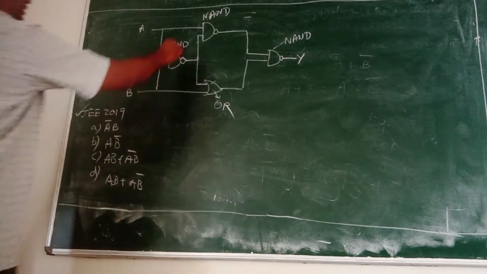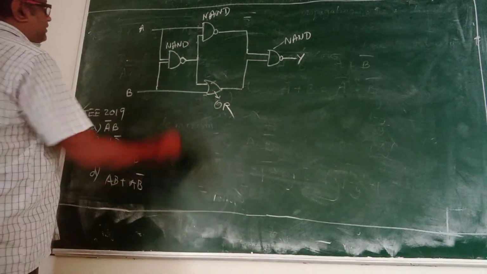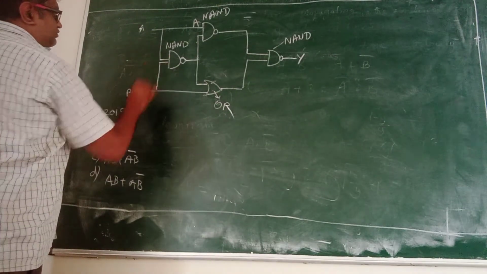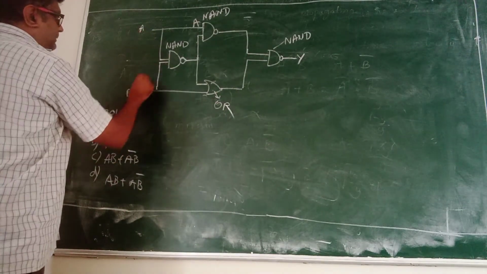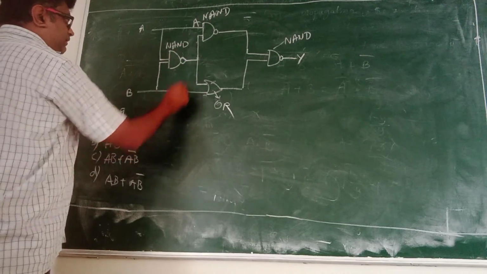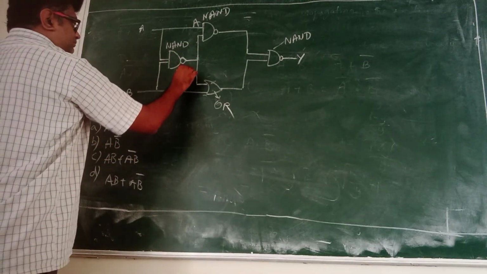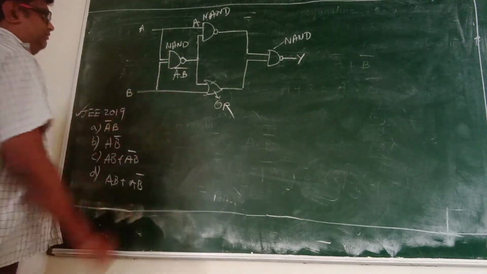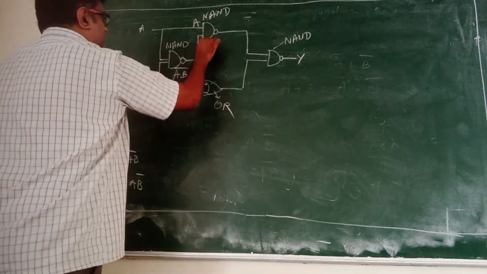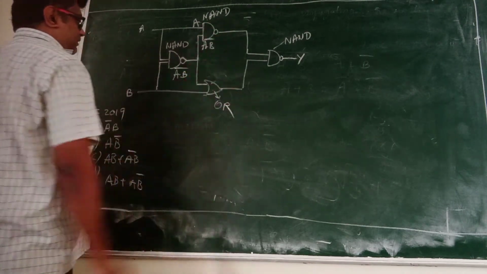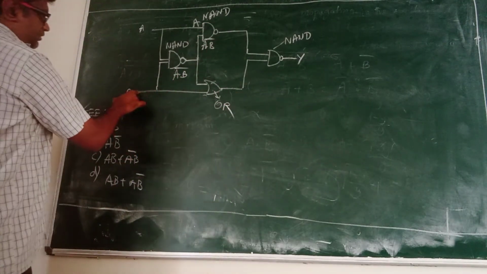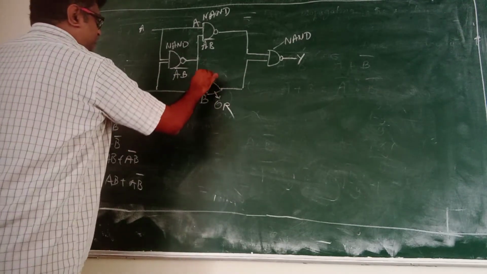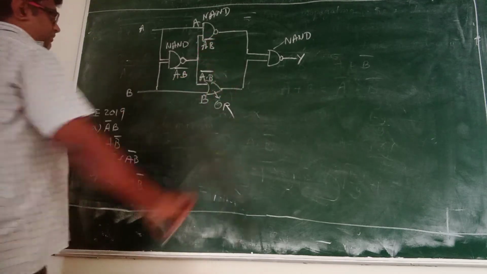So let us write all the outputs here. So this is A, so A will go here. A and B passing through a NAND gate. A and B passing through an AND gate will be A dot B, right? But because this is a NAND gate, you have to put a bar on top of it. So this is the signal which is going here, A dot B whole bar. And you can see here, one leg is connected to B, so this is B, and the next second signal is A dot B whole bar.